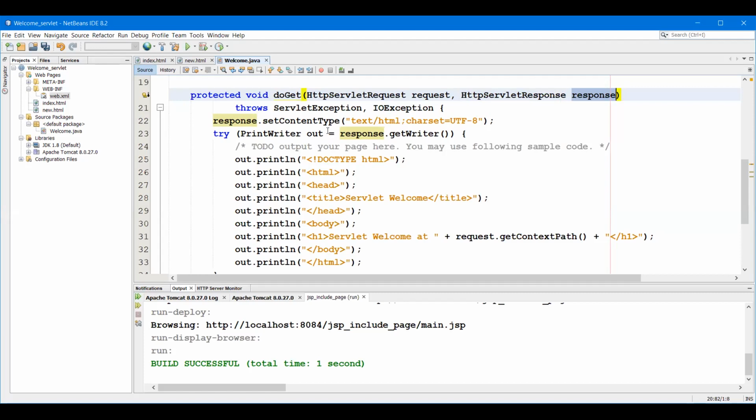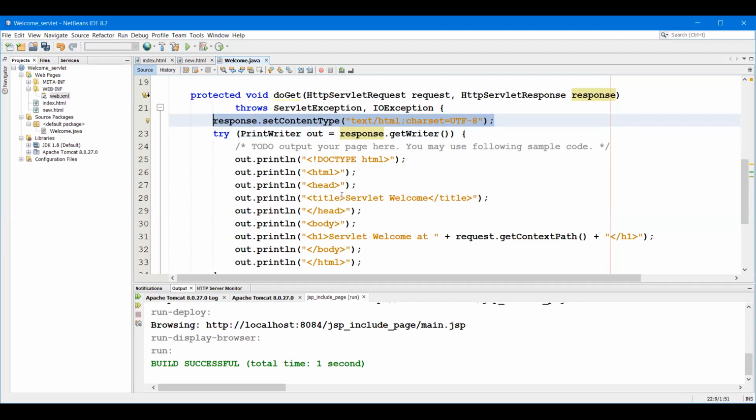This is used to give the response, and to write the response on our browser we need one object. Which object are we creating? The out object is going to be created. And how are we going to write that? We are going to give response.getWriter. And also this one is compulsory: response.setContentType. If you are going to give the response as an HTML file, you have to specify this.